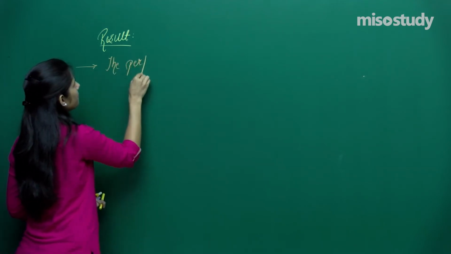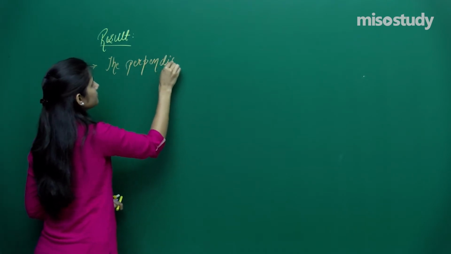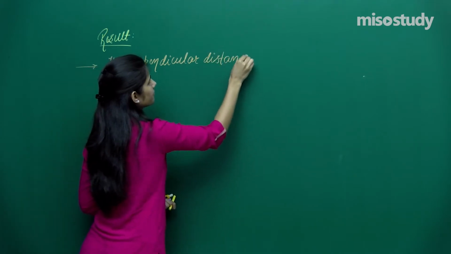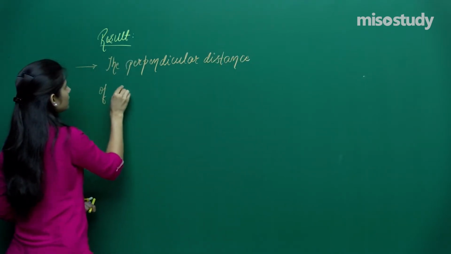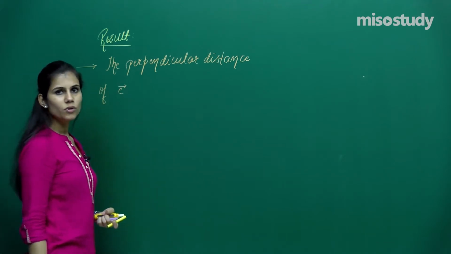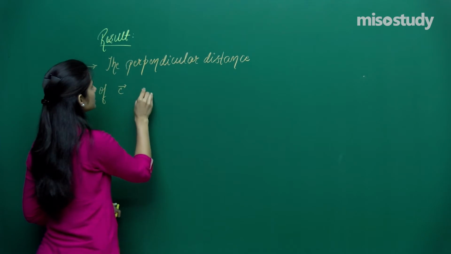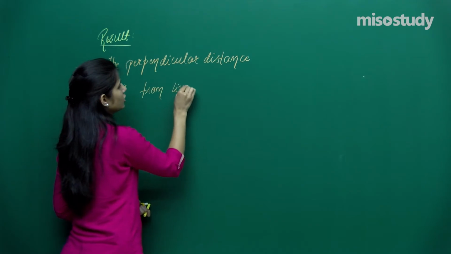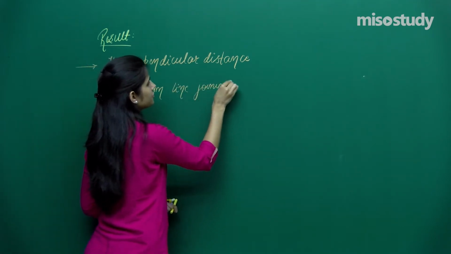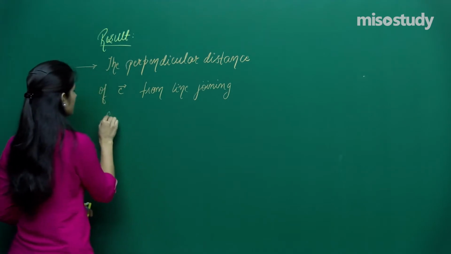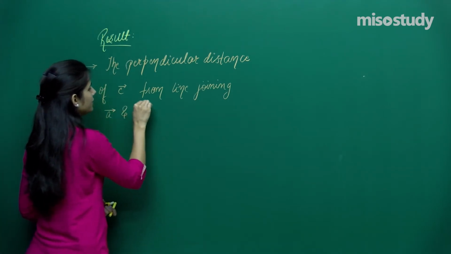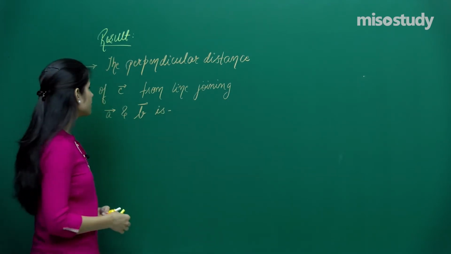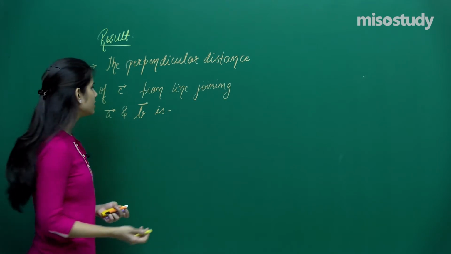It is saying that the perpendicular distance of small c vector. So what is this? You're going to figure it out. The perpendicular distance of c vector from line joining a vector and b vector is. So basically what this is trying to say is that in your plane or in your space, wherever a